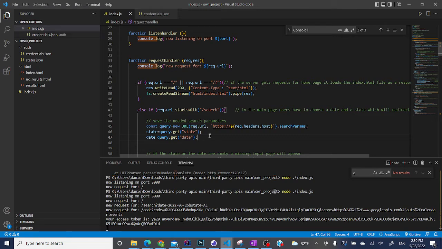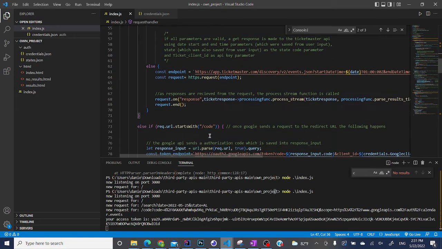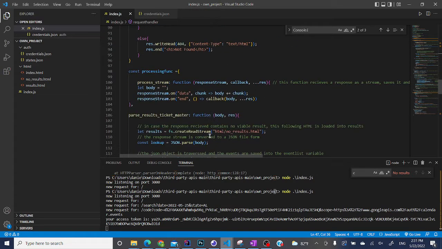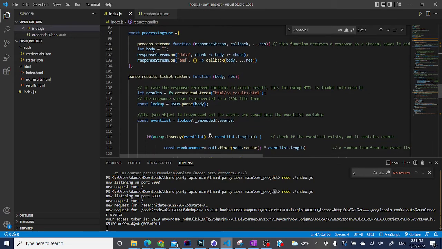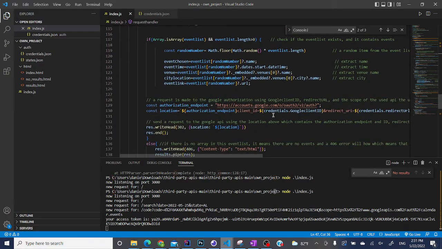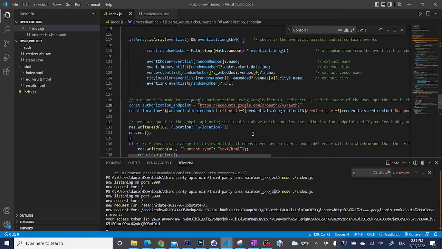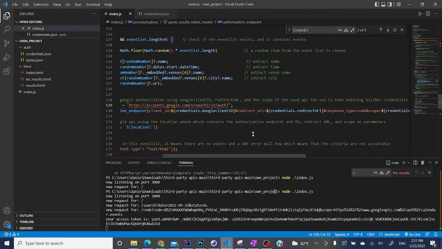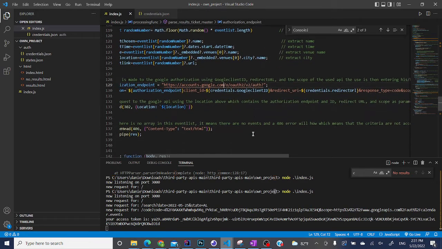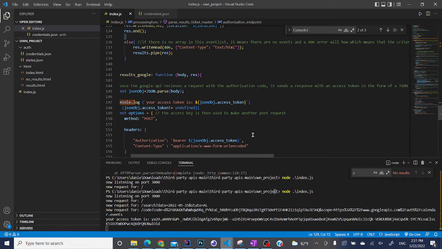Whenever we go to the Google Calendar API, because it's an OAuth server, we need to do an authentication. So then we use two different endpoints to send the request. One of them is the authentication, which we can see right here. We supply it our credentials such as the client ID, the redirect URL, which I'll show after, and the scope, which is the Google Calendar API, which I want to access. And once this is done and I get all the access information,